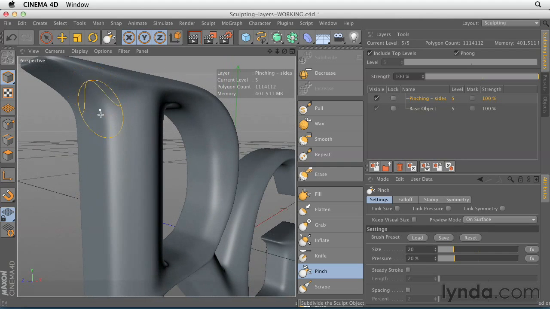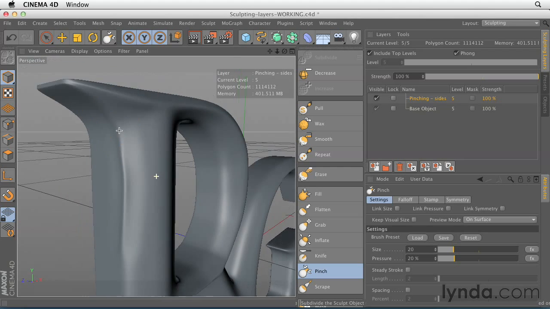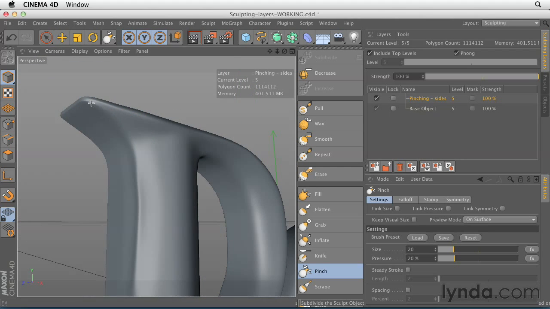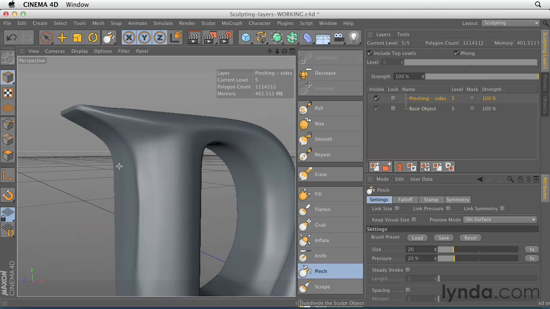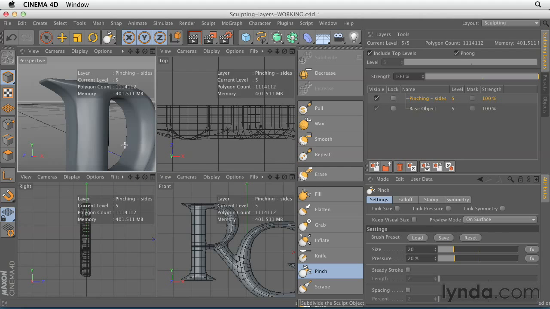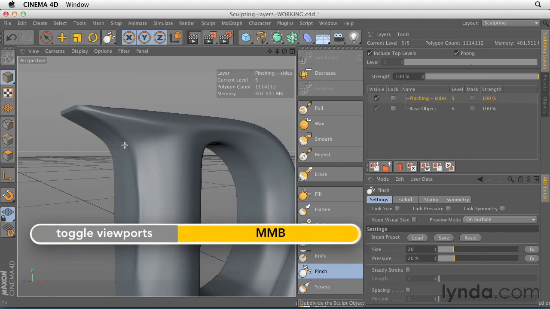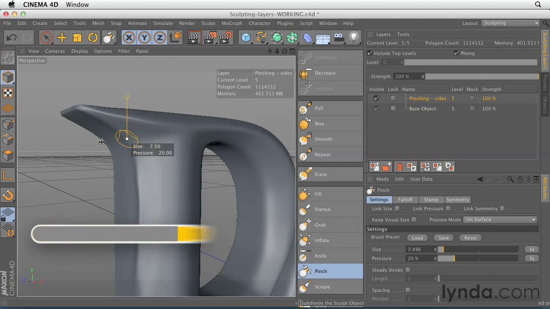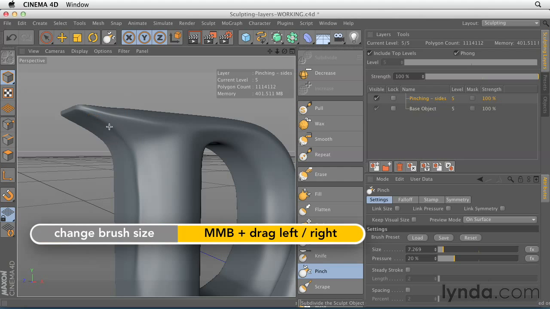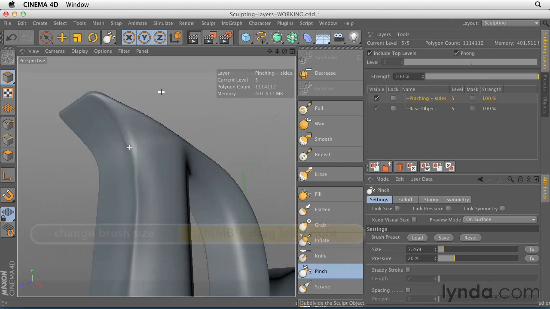And I want to focus on the transition from the face to the sides. And let's run the brush down just a little bit. You can see as I go back and forth over the edges here, it creates a nice transition. Let's make the brush just a little bit smaller. Now I'm clicking, oops, I middle mouse clicked and I forgot to drag. Let's middle mouse click to get back to the perspective view. Middle mouse and then drag to the left to make the brush smaller. And let's get in just in that area there. You can see that makes a nice